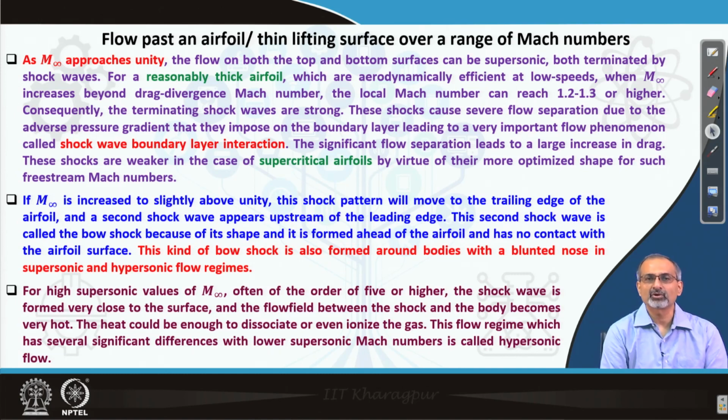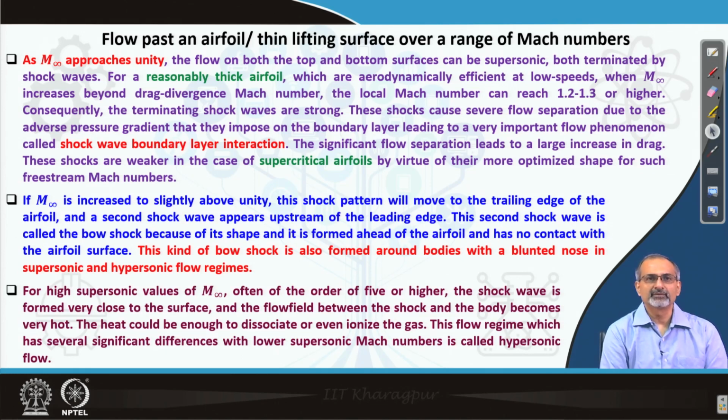We mentioned shock standoff distance, if you recall, in the first lecture itself. So that will give you an idea. In the first lecture we had also drawn a shock which looked like a bow. So this kind of bow shock is also formed around bodies with a blunted nose in supersonic and hypersonic flow regimes too. Now if you increase the supersonic Mach number M infinity further, often of the order of 5 or